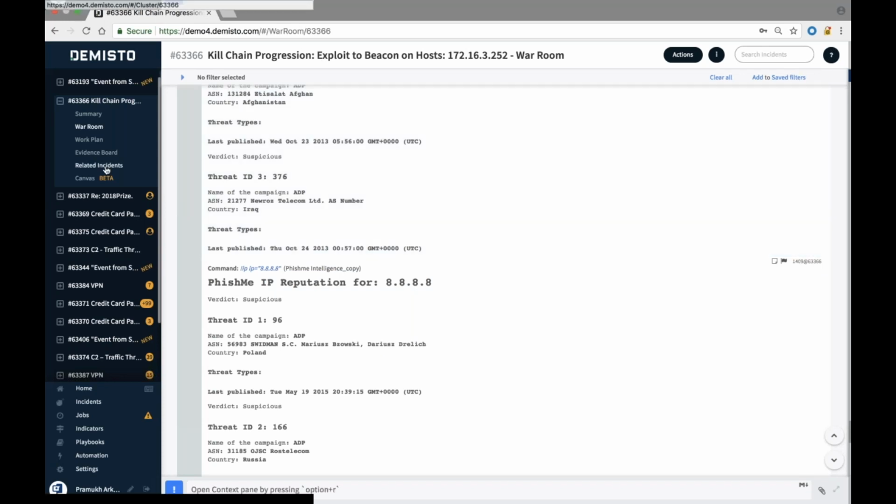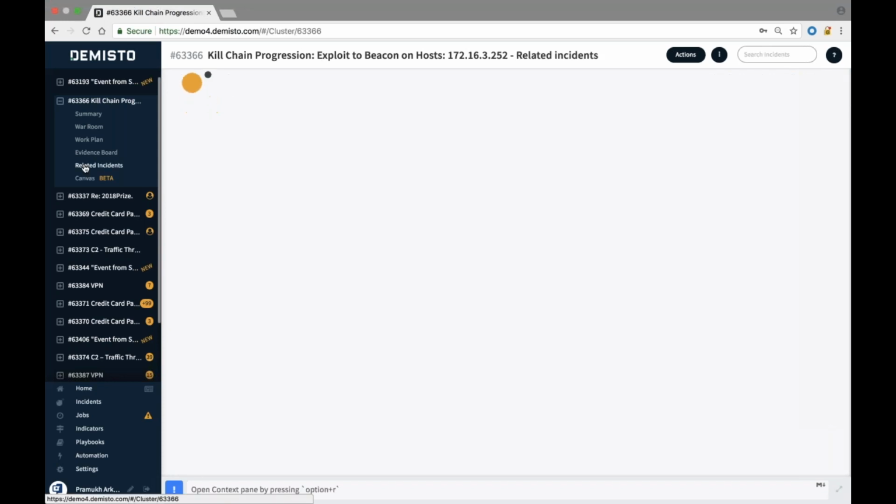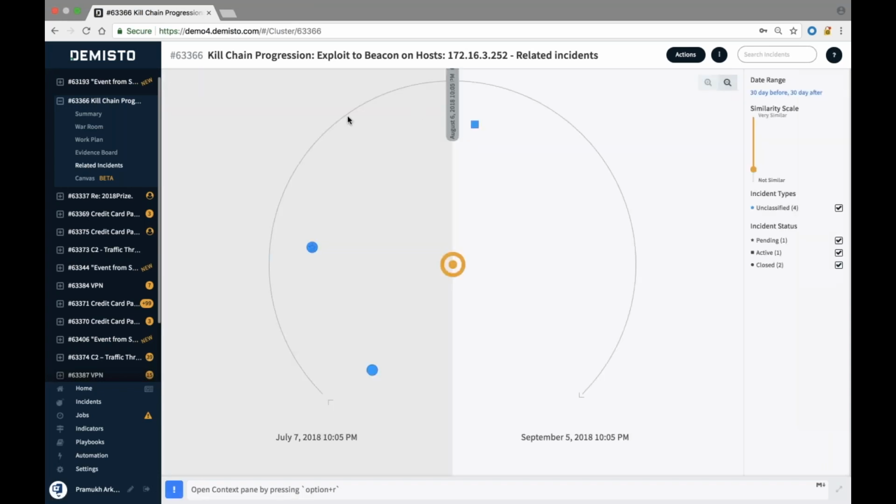room for quick viewing. The fifth step of the investigation, again an optional one, is to view the kill chain progression event, if at all there were related incidents for this particular incident. So we provide a capability to go 30 days before the incident and 30 days after the incident and see if at all there are any other incidents that happened which were kind of similar to this incident based on